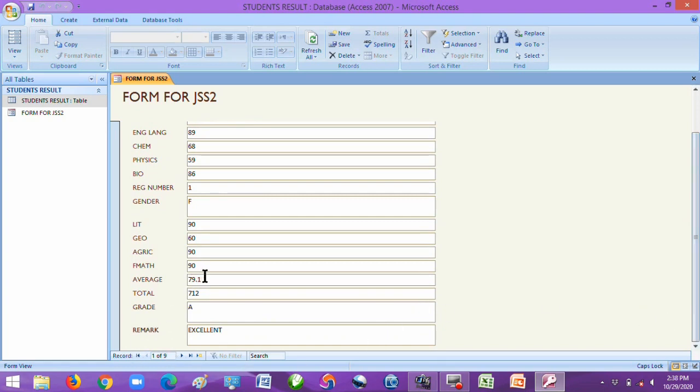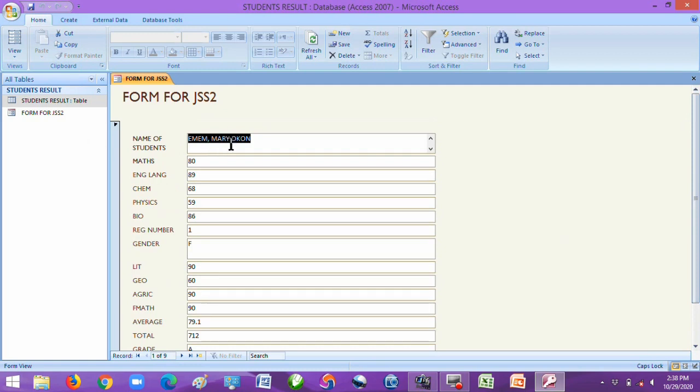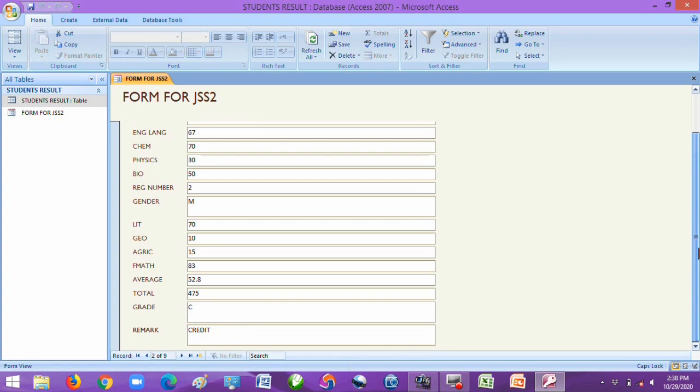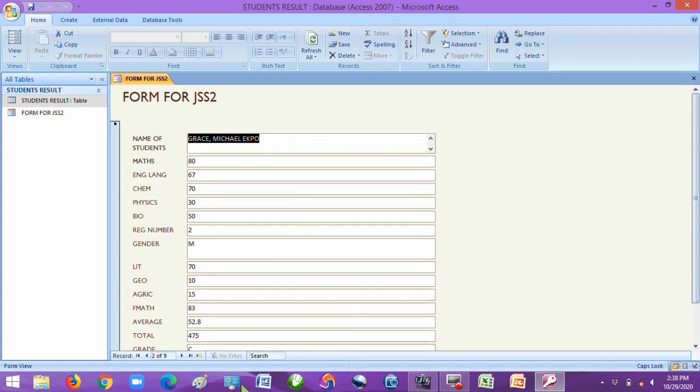This is page 1 of this form. You can now take the down here. You now see that you can now move this page 1 of 9, which is the record for the first person, Mary Ogun. Then if you now click the next record, it takes you to the second person, which is Grace Michael Ogun. And you will now see that the details you have here is only for Grace Michael Ogun. And you can now go to the next one and see the next person, Yvonne Janet Ogun.